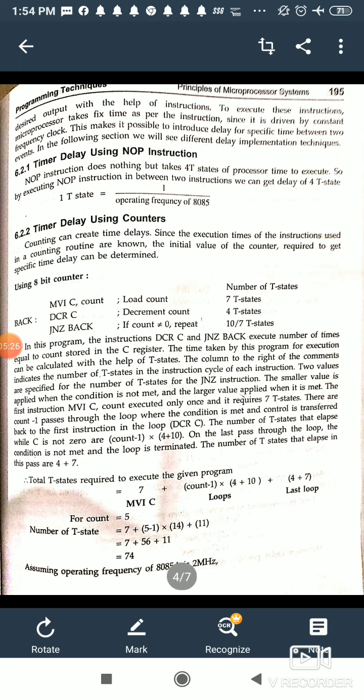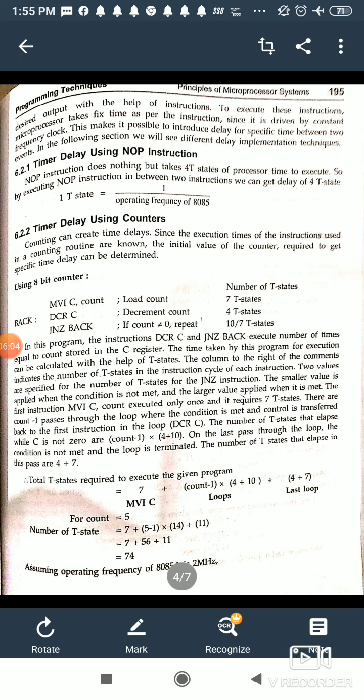After that we will decrement the count. Whatever is in the count will be decremented by 1, and we will check whether we have got 0 or not. So the loop will be jump if not 0. There will be a loop as long as the value is not 0. It will check that it is not 0, come back to the decrement, and this loop will continue. How many times? It will continue count minus 1 times, because at the last one, for example, if the count value is 9.